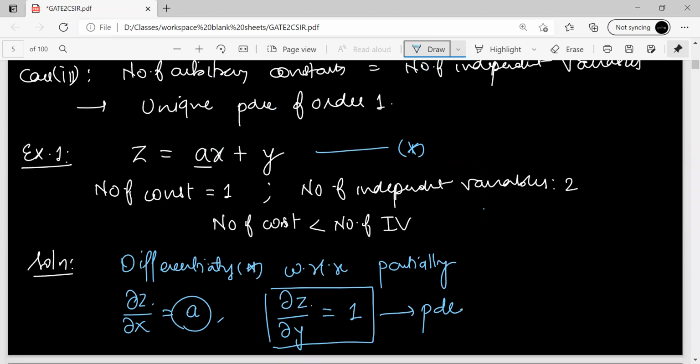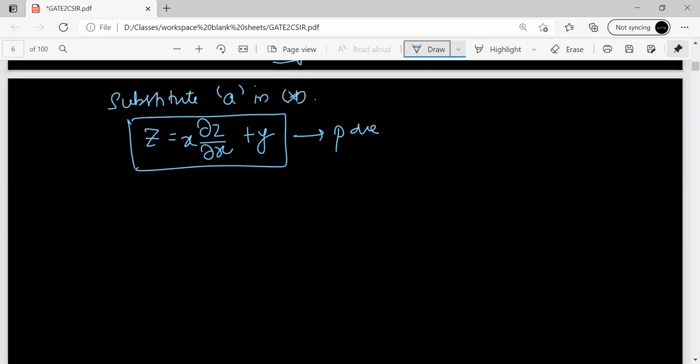Okay. Now we'll discuss some more examples so that you understand it better. Example 2 would be, let's say I have this. Say z equals ax plus by plus cxy. Here